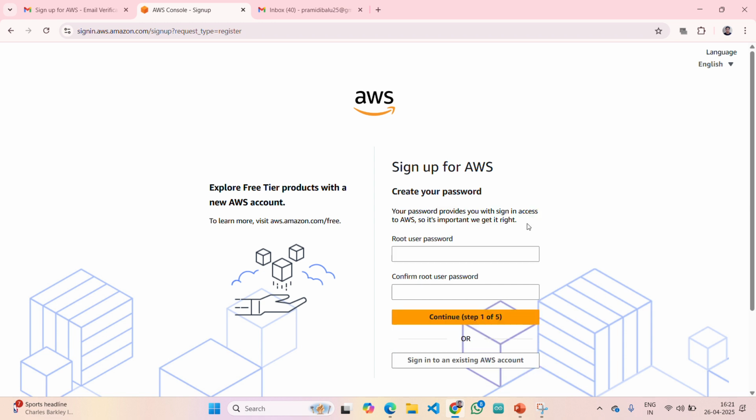Yes, it is verified. Now you need to give a password, and remember the password you give, guys, because with AWS and Azure there will be a big headache for changing the password. As you have seen, when I used my Kurukshetra Warriors mail ID, there were a lot of issues. That's the reason I have given my personal mail ID. For all these cloud computing platforms, maintain a single password because there is not much important data, and try to store the data somewhere in your system also.